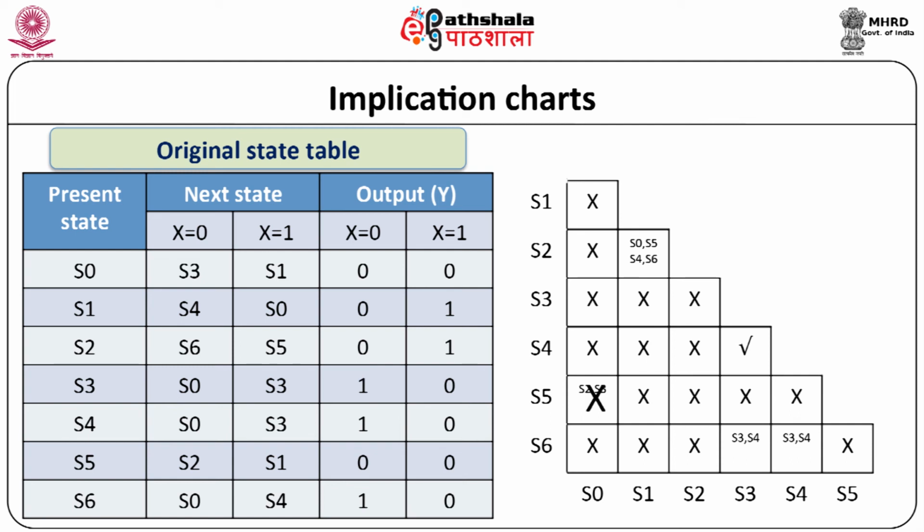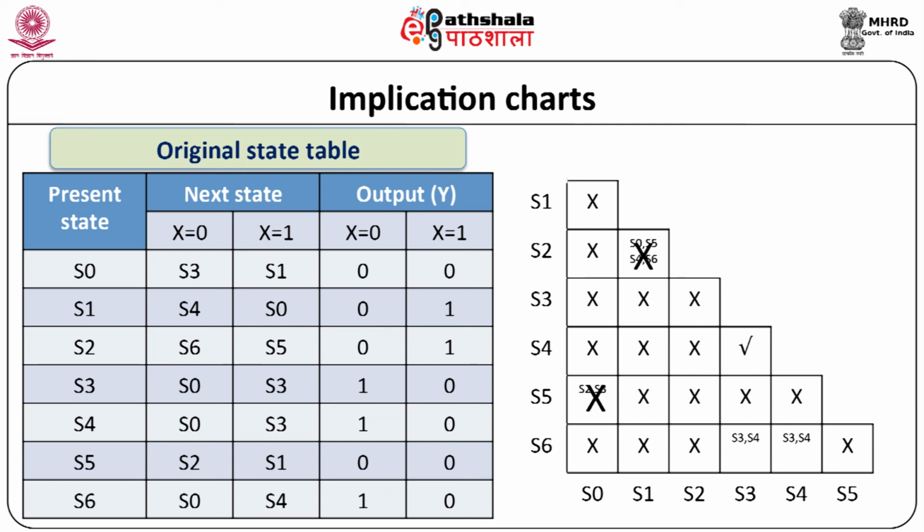Now, let us test the equivalences of each square by testing the implied equivalent state pairs written in each square. When the implied equivalent state pairs are not equivalent for a given square, write an x in the square. The implied square defined by S0 and S5 requires that the state pair defined by S2 and S3 must be equivalent. The implied square S2 and S3 is not equivalent. Hence, it is necessary to place x in the implied square defined by S0 and S5.